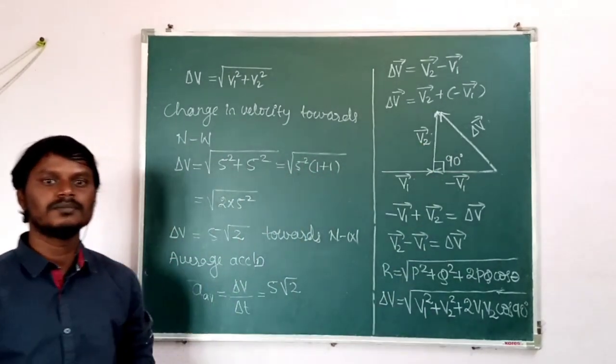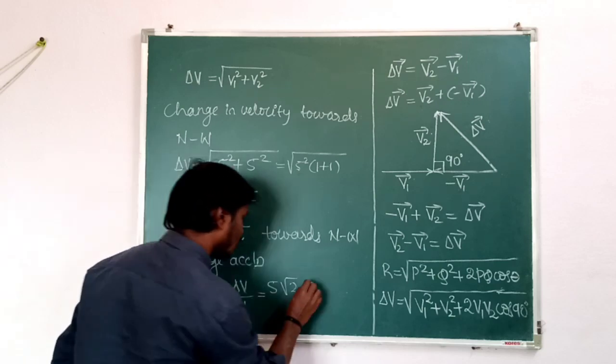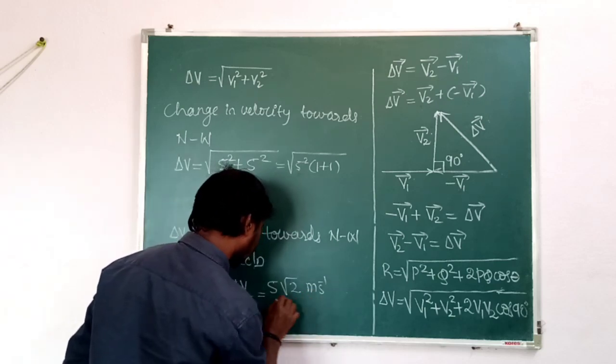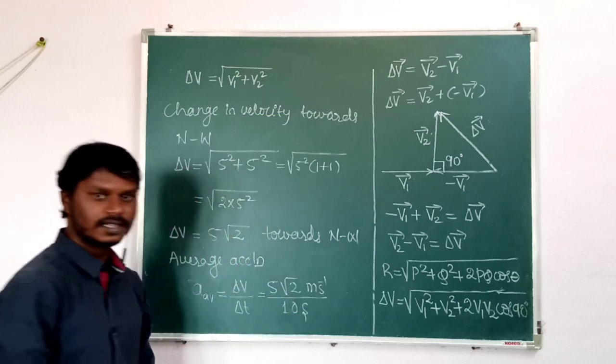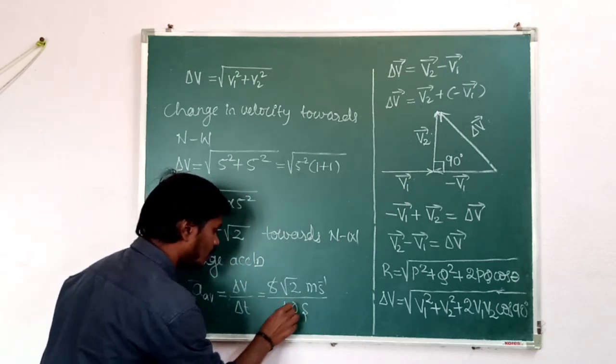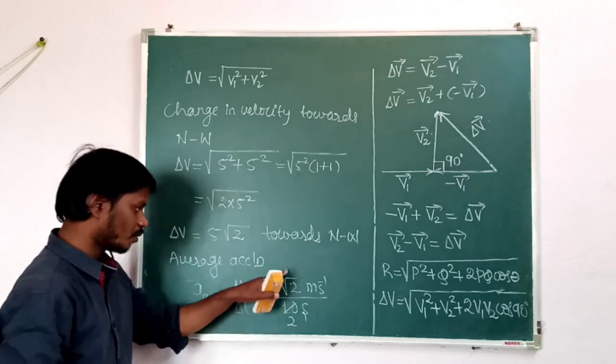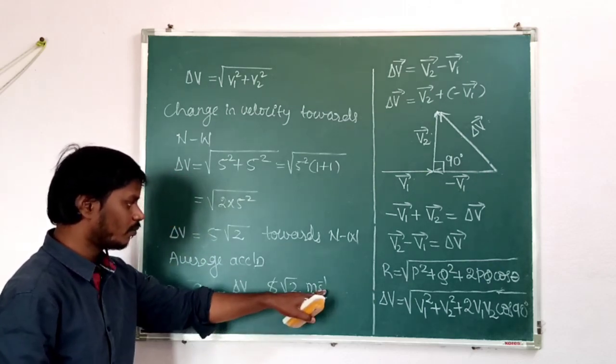The answer will be in meter per second only. So it is meter per second. Then time is 10 seconds. Time is 10 seconds. Means it is root 2 by 2 meter per second